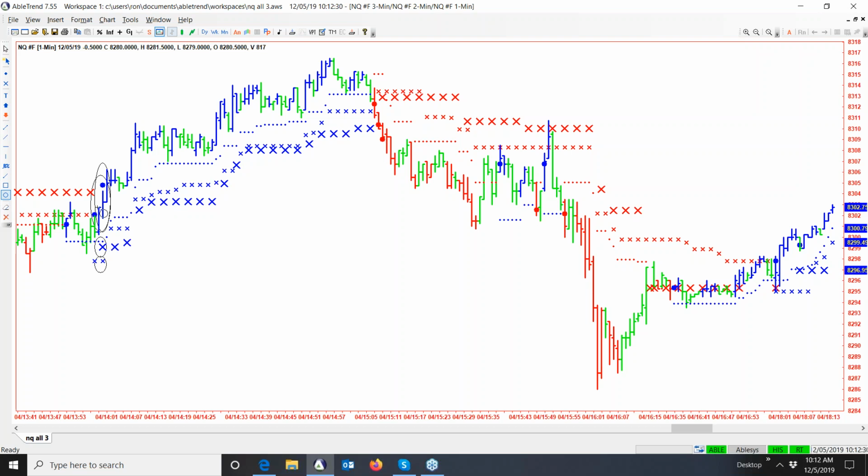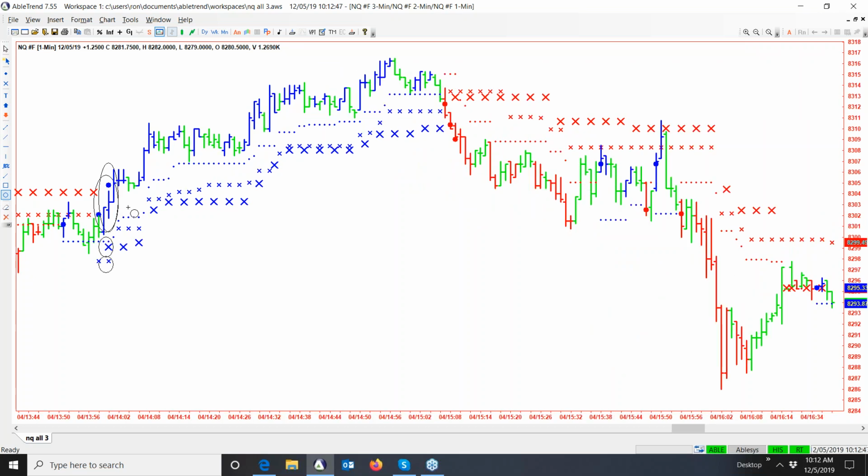Right about that time when we do recommend trading, we had a perfect buy signal. This is just what you look for: blue bar, blue dot, blue X. Simple as that. Keep it simple. Blue bar, blue dot, blue X. Okay, we put our stop loss just slightly under this small blue dot because the blue dot acts as support.